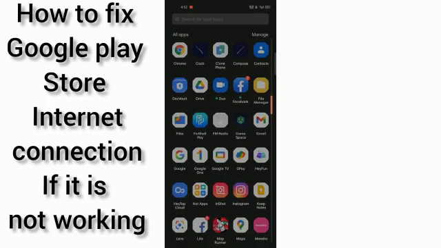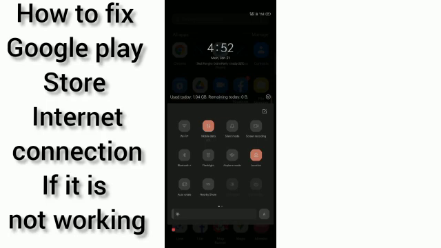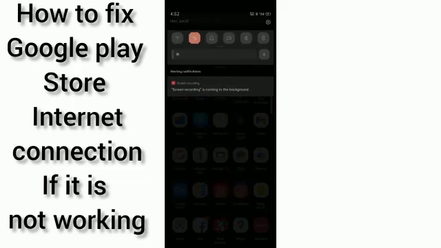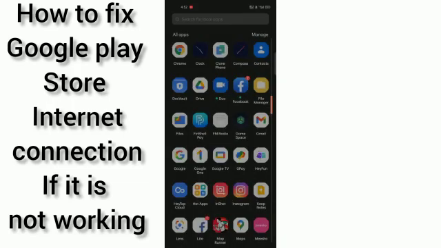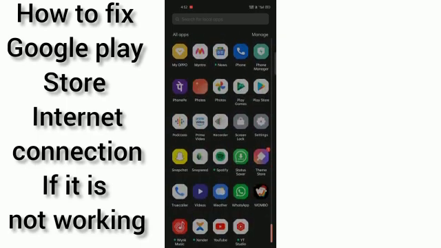So at first, what you have to do is check your internet connection, whether your mobile data is off or on. Okay, so make sure that your mobile data is on. And after that, what you have to do, just go into the